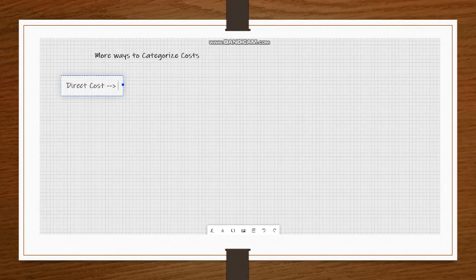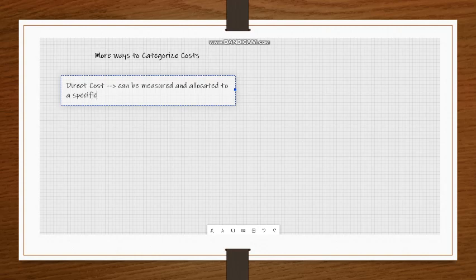Direct cost can be measured and allocated to a specific work activity,